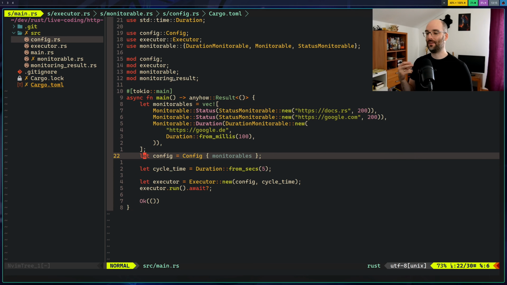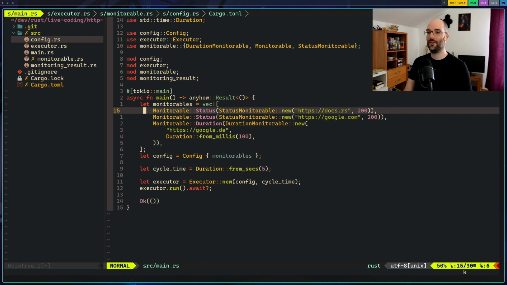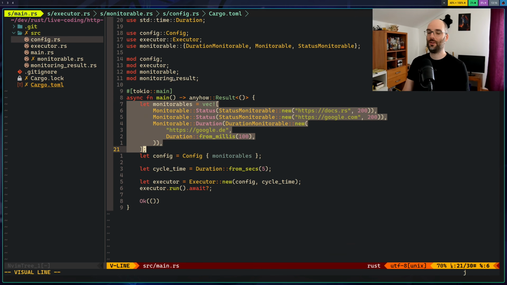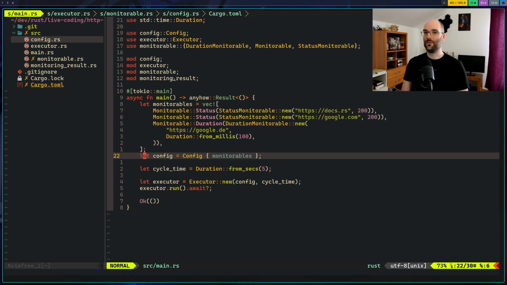Then I get a JSON file, which already has the correct format of everything and has some kind of blueprints on how to do a status monitorable and a duration monitorable. And once we have this, we can get rid of this in-memory representation, and from then on just read the file. I don't know if that's best practice. It feels a bit hacky, but okay.